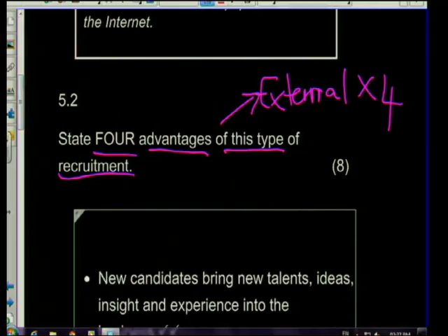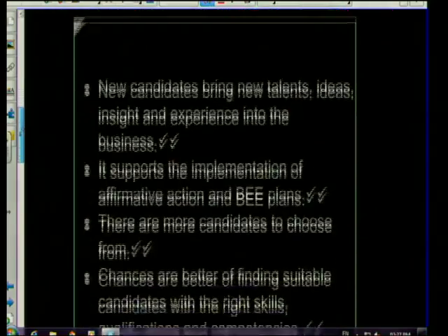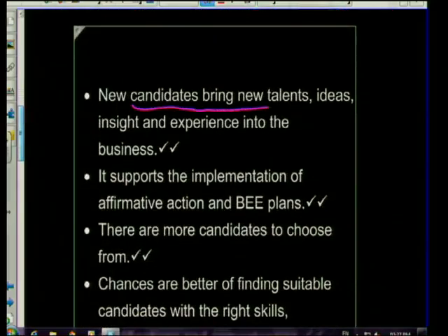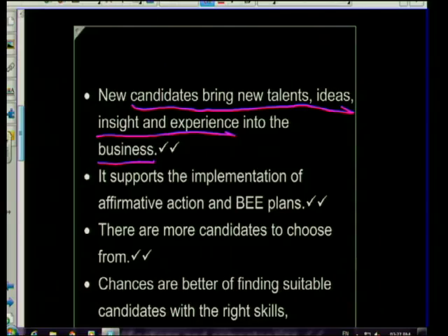Now with external recruitment, first one, new candidates bring new talent, ideas, insight, and experience into the business. So the first advantage is literally fresh blood brings in fresh ideas. So if you've been working in a company for a long time, often what happens, people start doing things the same way, and when you bring in a new person, they have all these great new ideas,